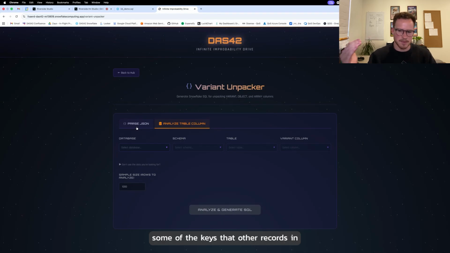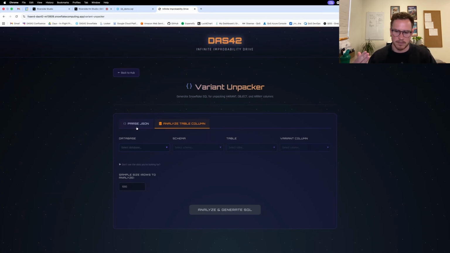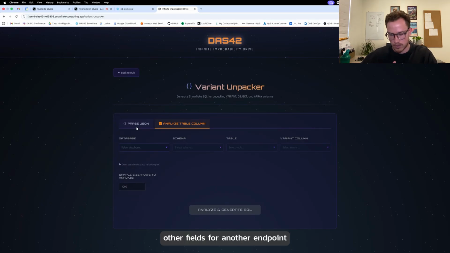Sometimes it's missing some of the keys that other records in that table have, right? Sometimes APIs will return some of the fields in a JSON blob for one structure, and then other fields for another endpoint, or what have you. So you run into little nuances where you don't do the complete unpack until you're down into the silver layer, and you realize, oh, the business is expecting there to be more columns than there already is, and it's just because I picked a wrong sample record to auto generate my